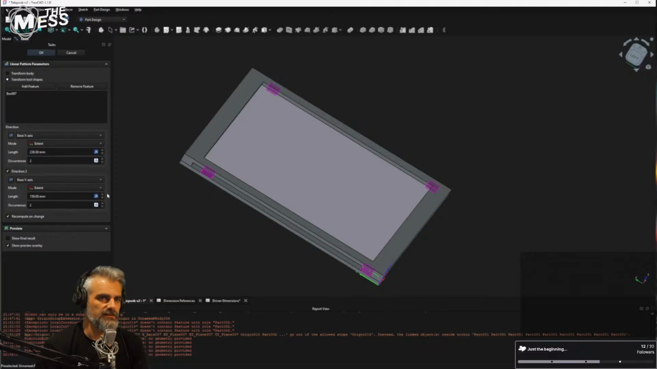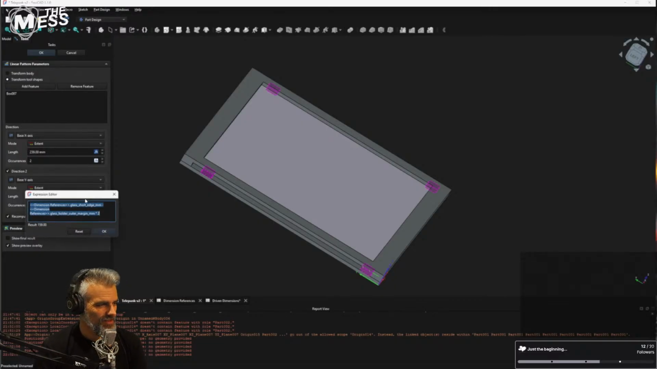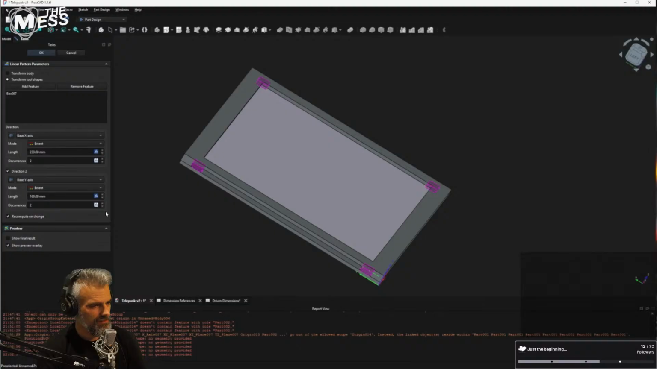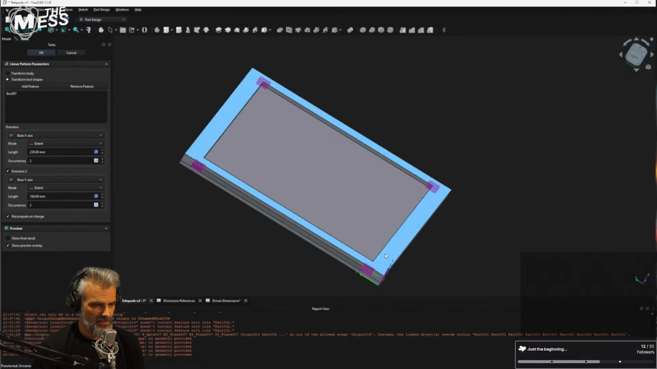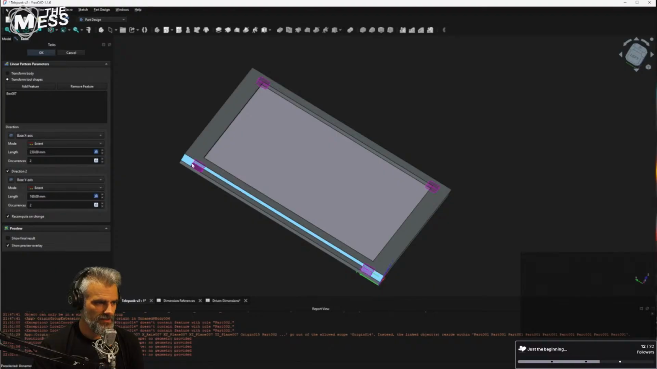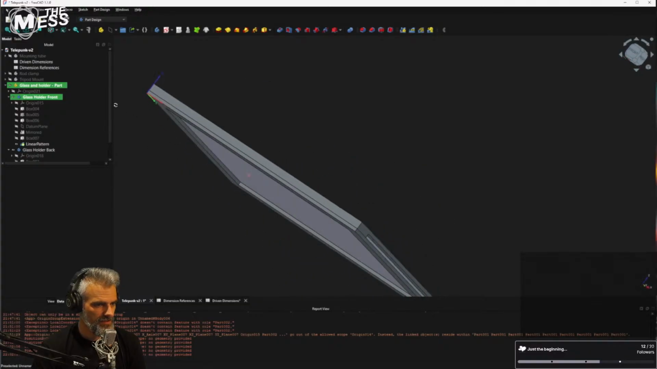Dang it. Not quite. Maybe just times 1. Now, how does that work? Oh, yeah, that does work, because we positioned this at the base of the glass anyway. Recompute on change, show final result. We're just going to go okay, and there we go. We have our